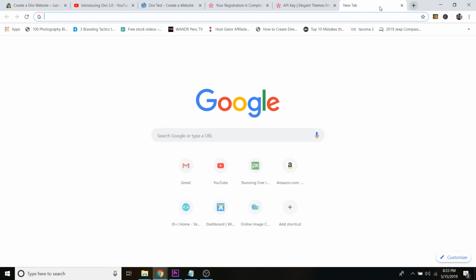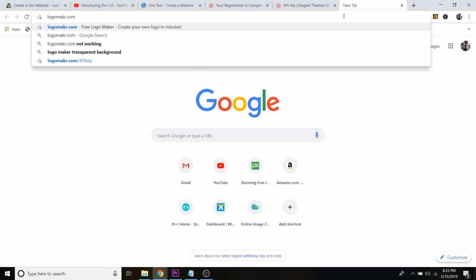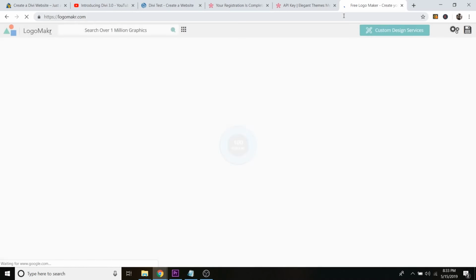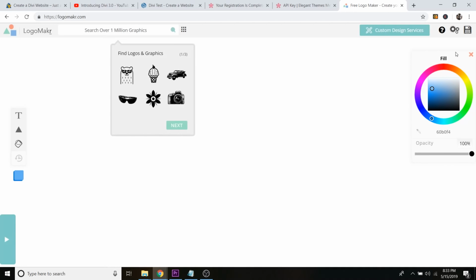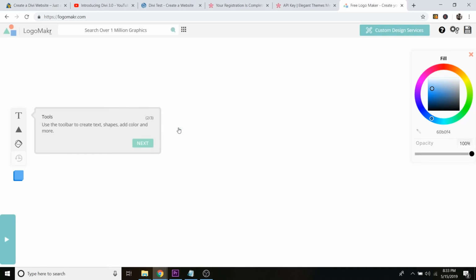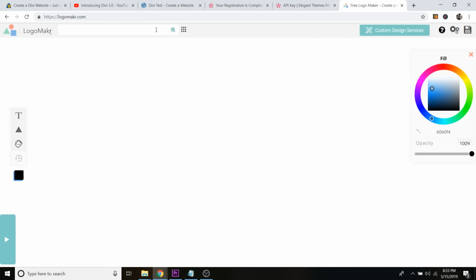So if you just open up a new tab and just go to logomaker.com, and that's maker without the E. It's going to ask for a tutorial, and we're going to say, no, we don't need that, because this is super, super simple. So what we're going to do, just click next. Done with all that. Okay, so if you just go up to search up here, you can literally search for anything that you want, but I'm going to do kind of like a mouse pointer logo. So I'm going to type in mouse pointer,